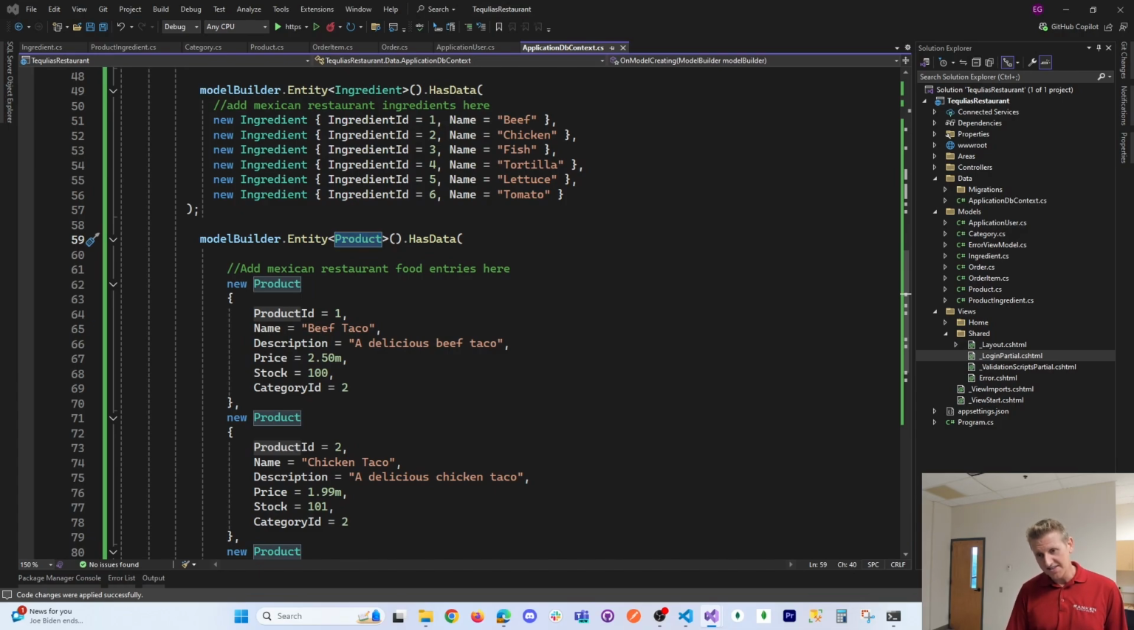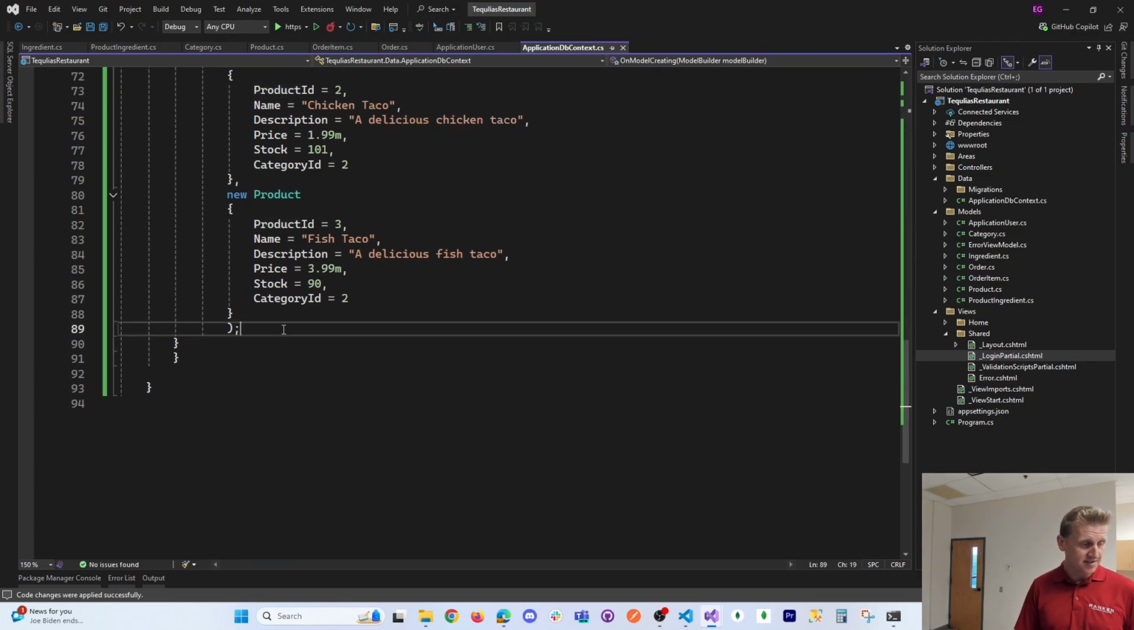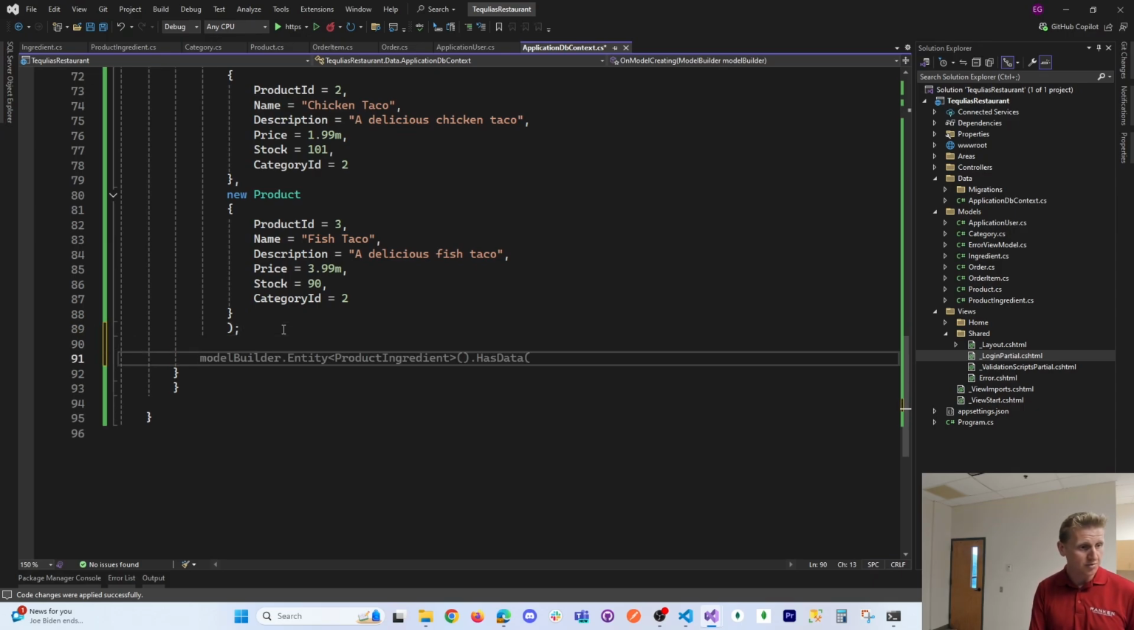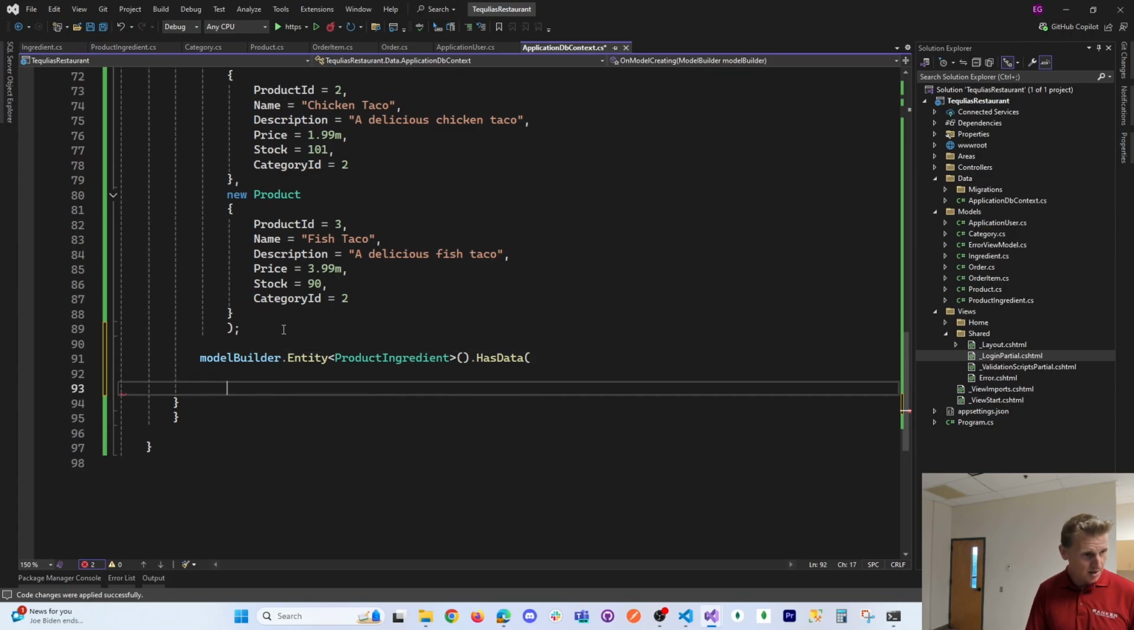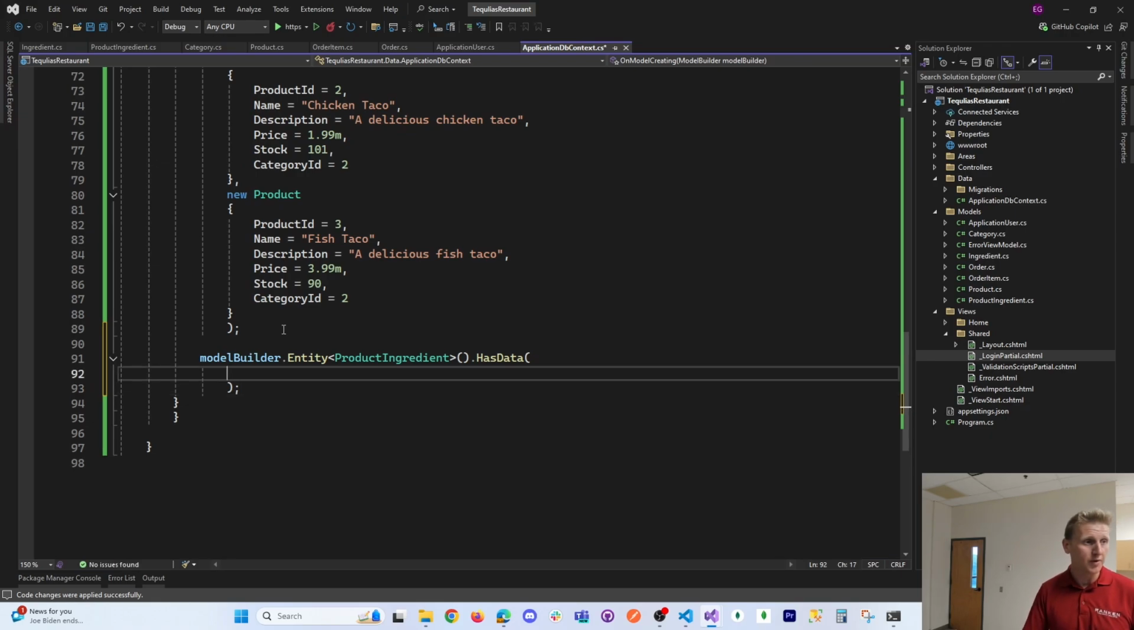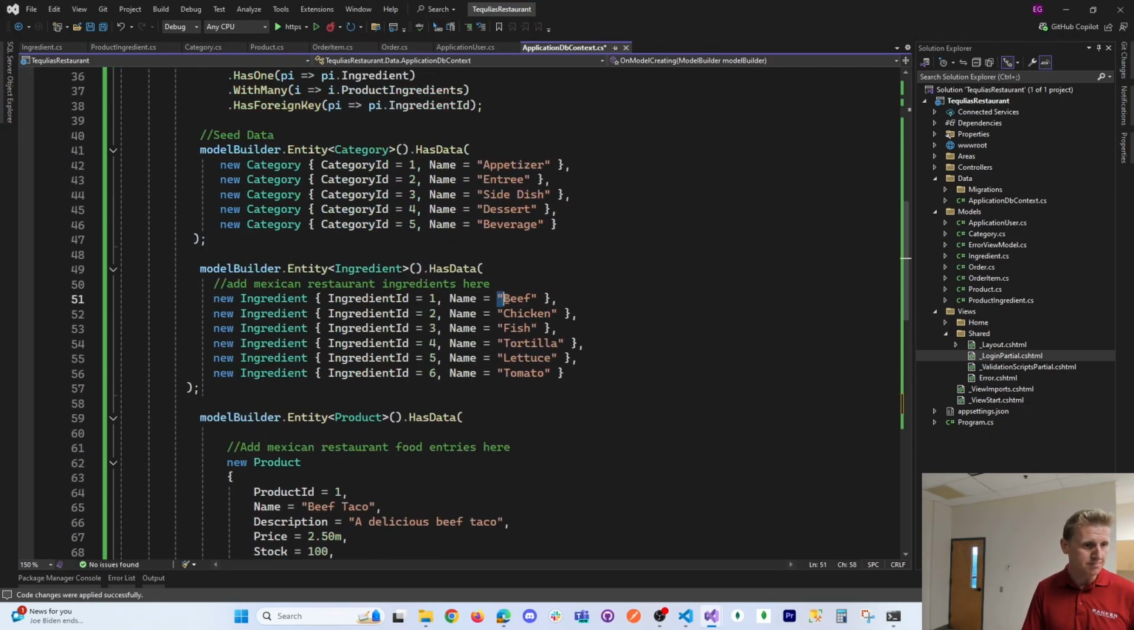And the last thing to do, and I'll explain all of this, is to wire up our products to their ingredients. Let me start with the first one. I'll code the first one and then I'll copy and paste. Okay, so what I want to do is say basically a beef taco